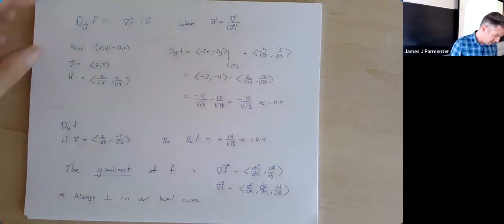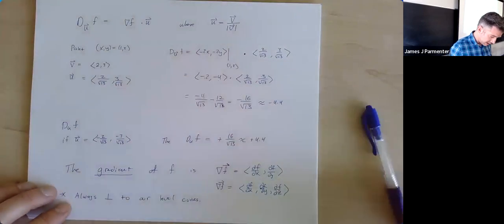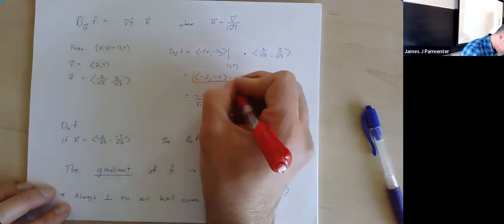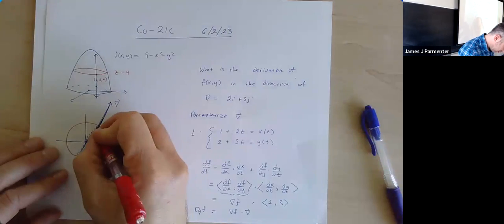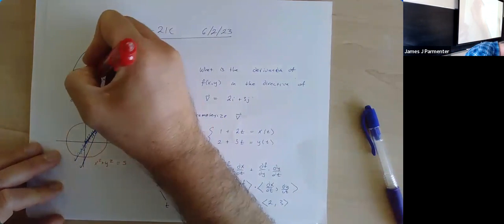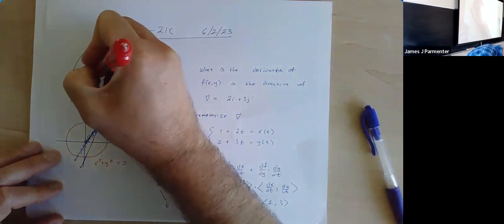The gradient here, which at this point was -2, -4, is a vector that is living parallel to the xy plane, right? It's not pointing up or pointing down. It is in the z equals 4 plane that's parallel to the xy plane. So if you go back to this here, the gradient is actually pointing towards the center